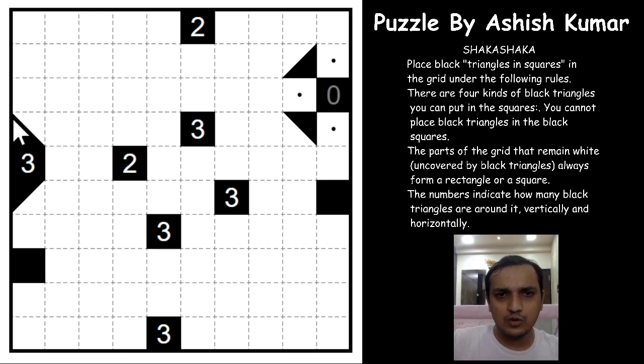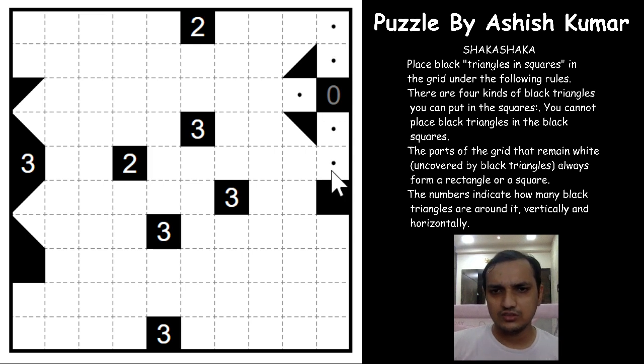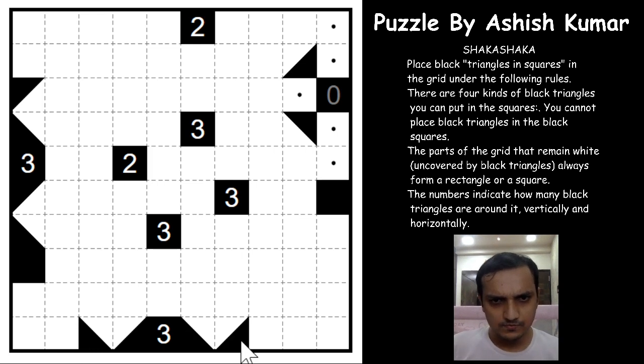And if you see this triangle now, this has to continue somewhere this way only to form a square or a rectangle. So you cannot have this way or this way. So it has to be only this way, right? The same way here. So at an edge, whenever you have a triangle, it has to continue this way only, no other way, right? So if you see, this part cannot be a triangle, because then the shape will not be a square or a rectangle. The white area will never be a square or a rectangle. So this is unshaded, this is again unshaded. So this is shaded this way, right?